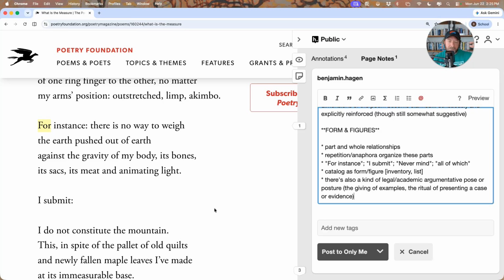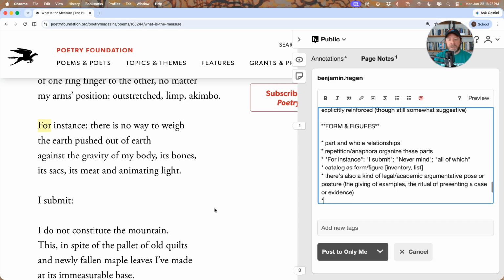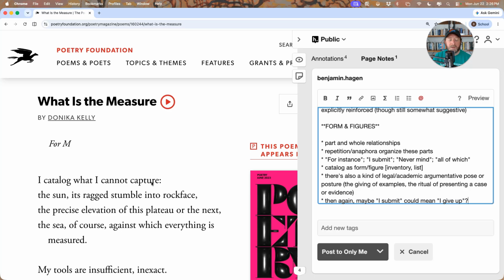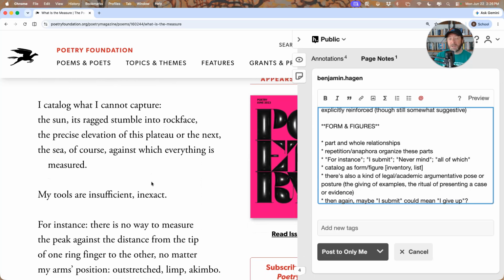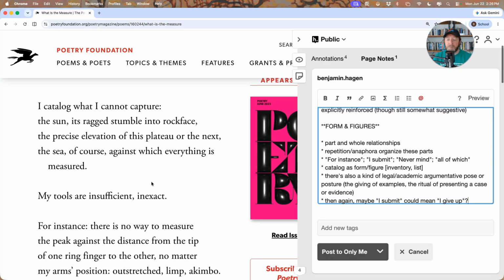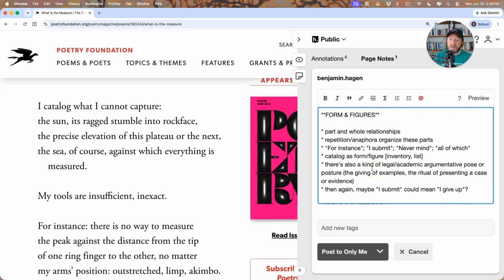And so think about the situations in which you would say "I submit," but then again maybe "I submit" could mean "I give up," right? After all, the poem does begin with the confession that the speaker's cataloging what cannot be captured. I don't know. Maybe those phrases work and cut in two different ways at the same time.